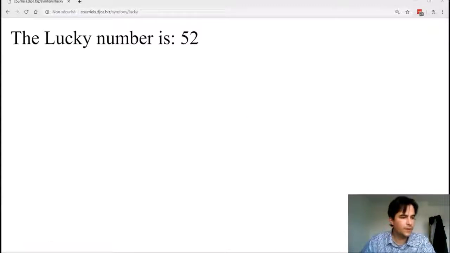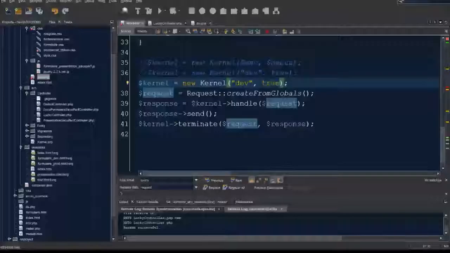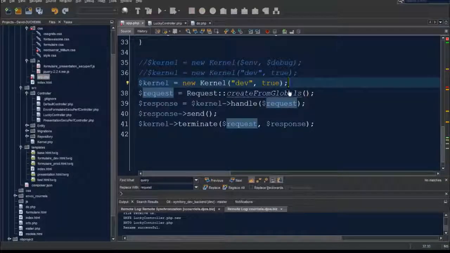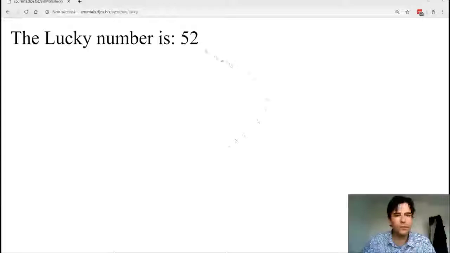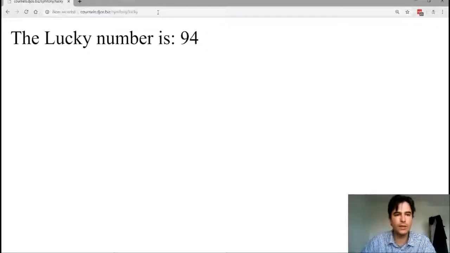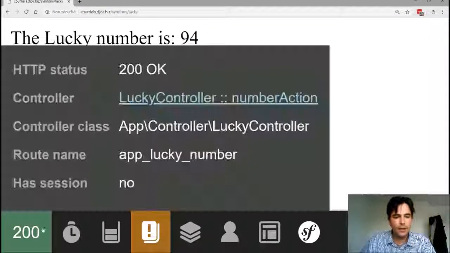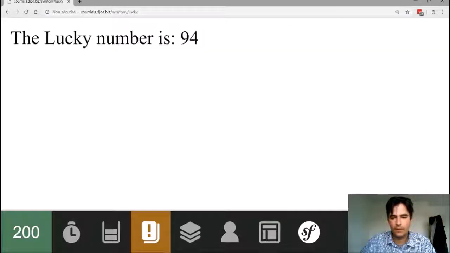So to do that, I go to the app.php file, and here just say new Kernel dev true. And now I go back to the Symfony application, and now we have the Symfony toolbar for debugging and checking that everything is working.